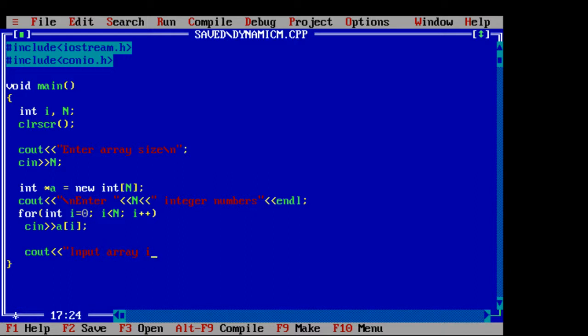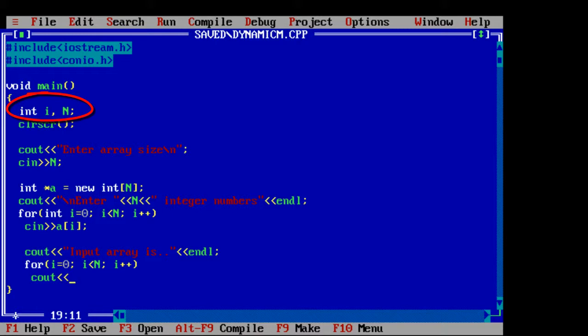Let's display the input array. If you try to do this dynamic memory allocation, int star a is equal to new int of n, before declaring n, it doesn't work.